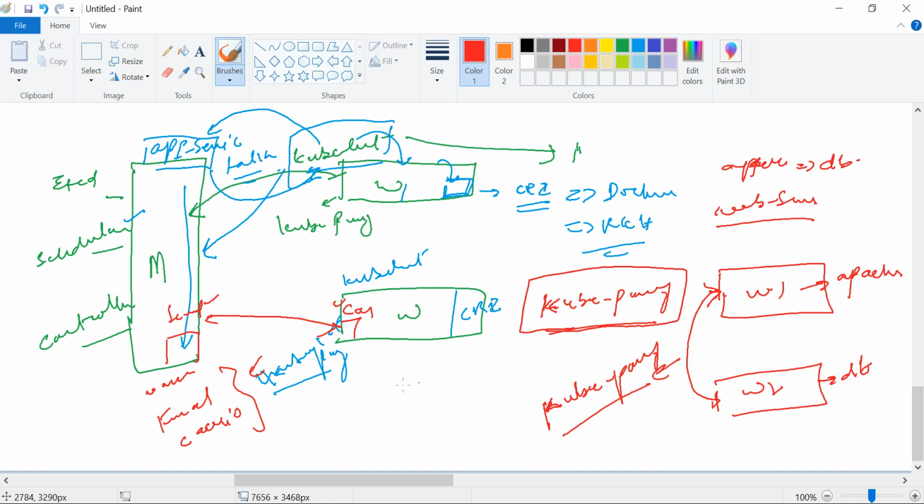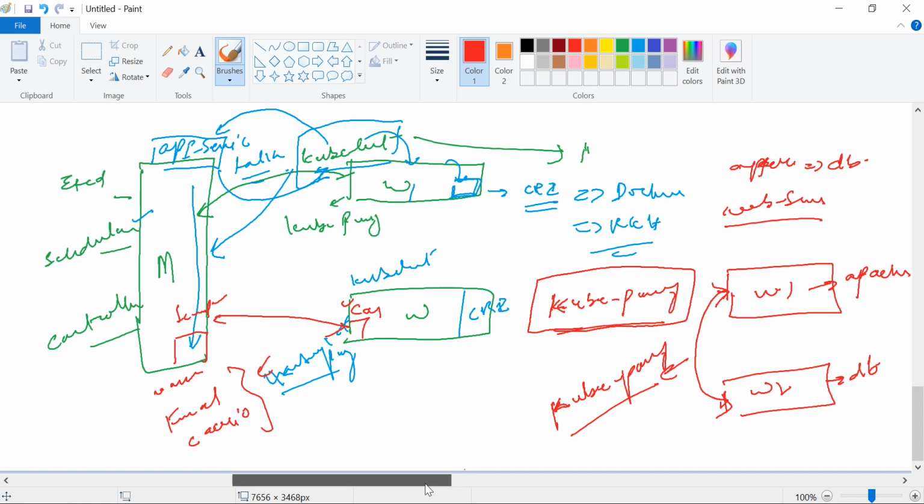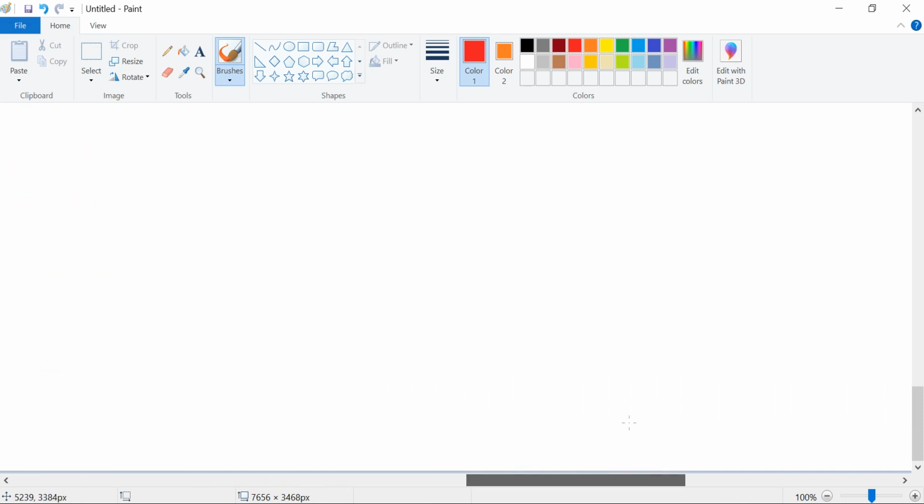So we can do the networking part via these, but in the general Kubernetes cluster we have the kube proxy, which is used mainly for communication between the worker nodes. We can use the kube proxy for communication between them. So this is the main part, the main things we have in the Kubernetes cluster. Let me go through it again for you.